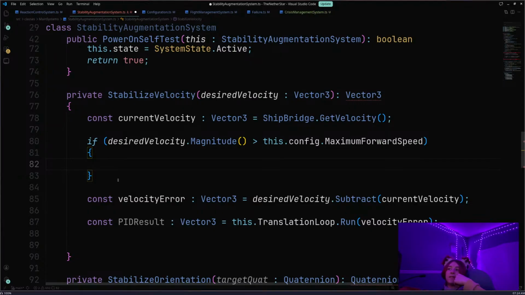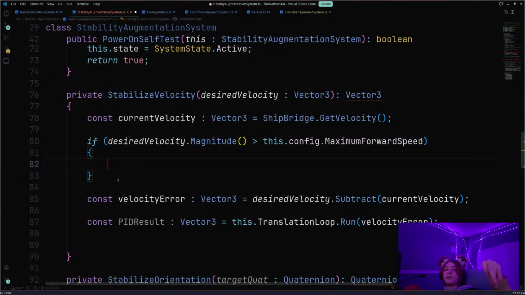We need to, the closer it gets to the desired velocity, the slower we need to go, right? So we need to have like a curve so that when it gets to a certain point, it starts rapidly not allowing speed, to the point that it literally won't let you go any faster. But we want to limit that almost exclusively to the translation axes, the X and Z axes. We don't want to do that on the Y axis because we don't want the craft to fall out of the sky. So we need a way of slowing down the X and Z